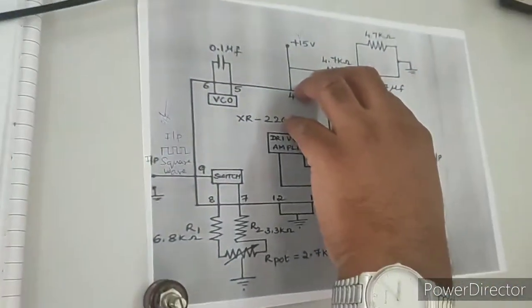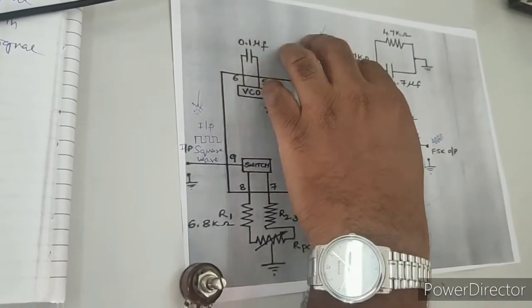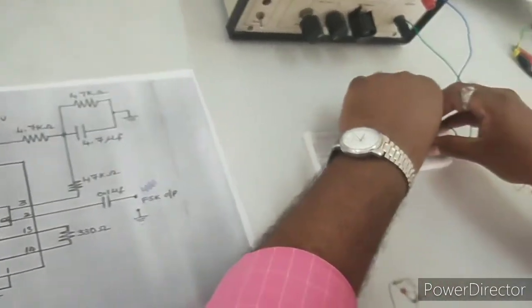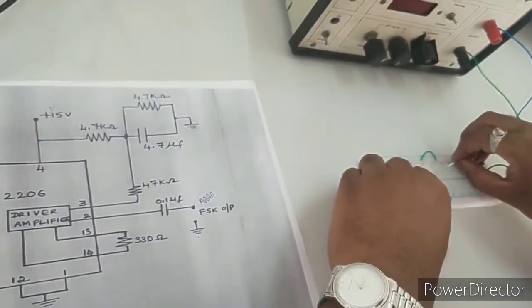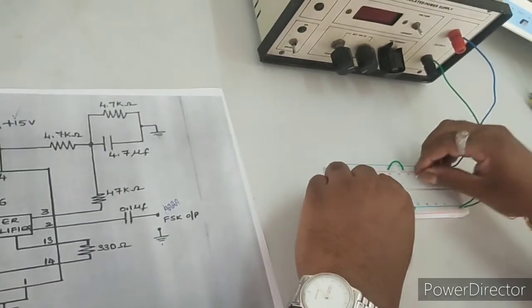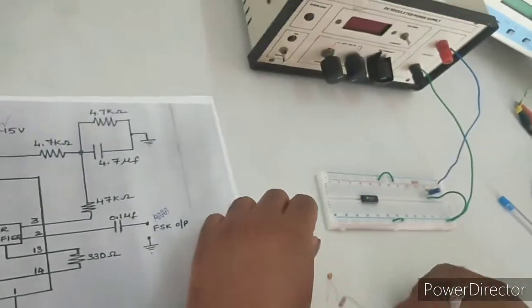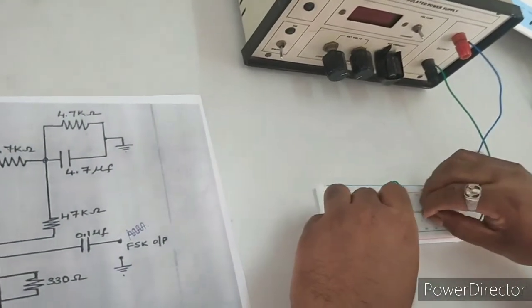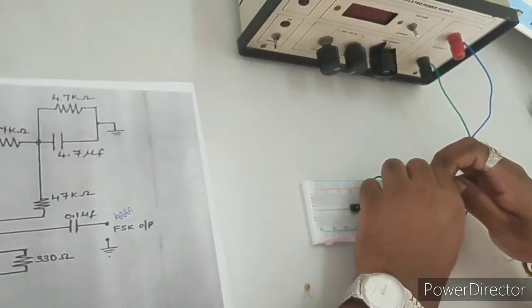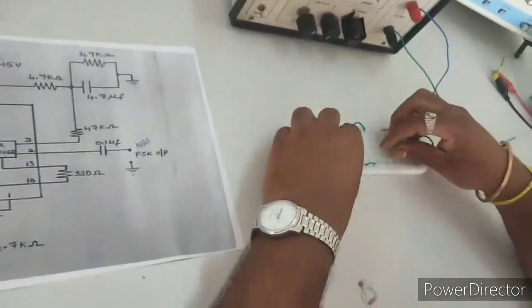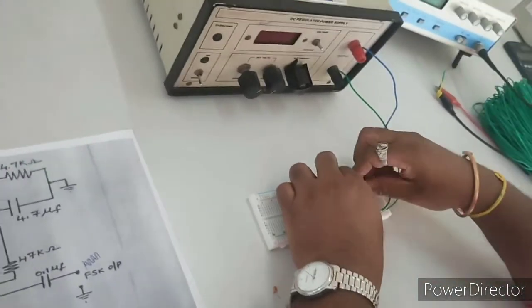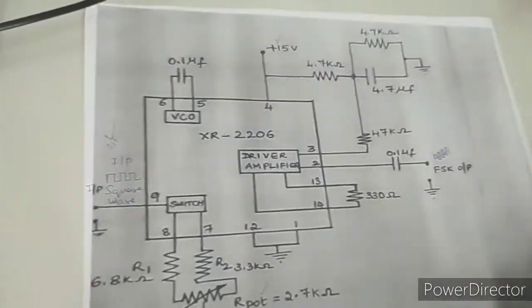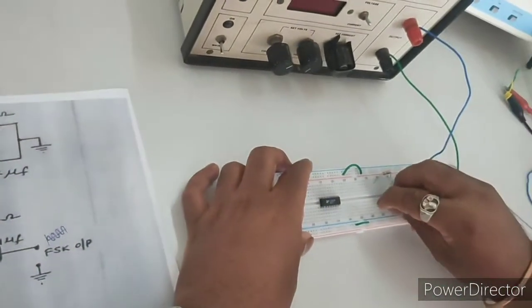At this junction 2 resistors you just keep it and open, 4.7 and 47. 4.7K. And it is 47K. So this part is over now. This is 4.7K, it is 47K.